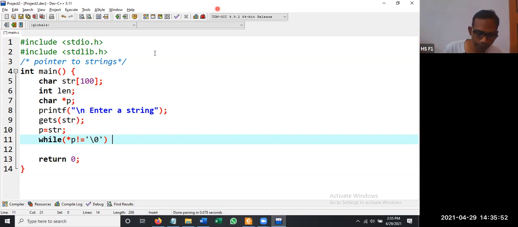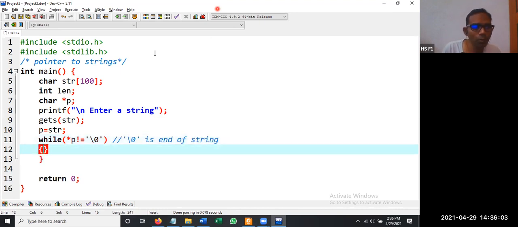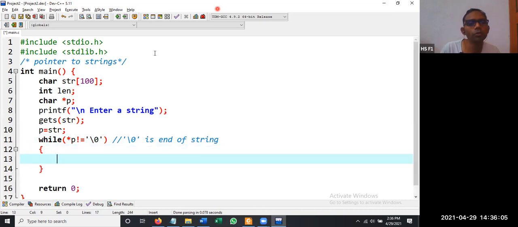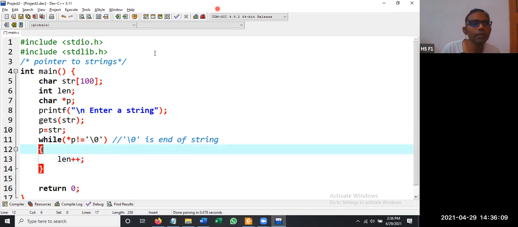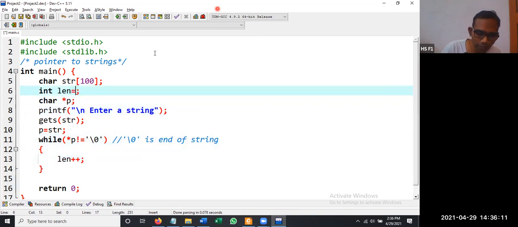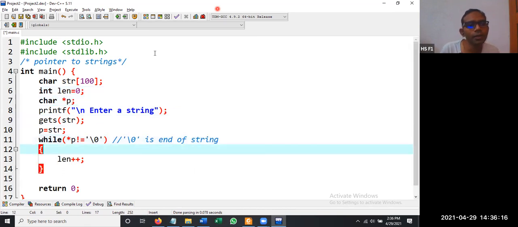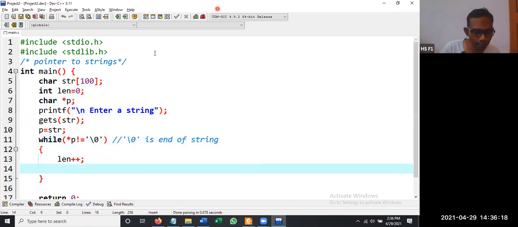What is the '\0'? '\0' is the end of string. So while this operation is performed, what you need to do? len++. Initially, what is the len value? The len value must be 0. Length is equal to 0. Here, len++, then p++.